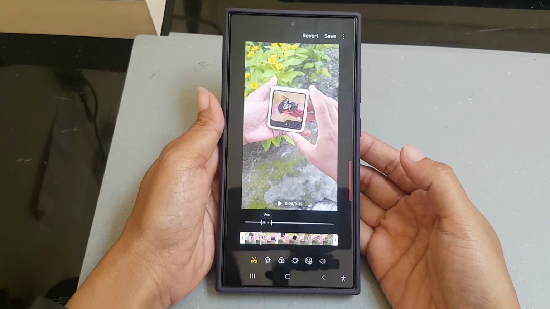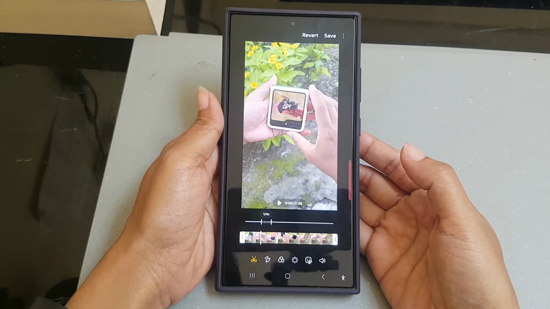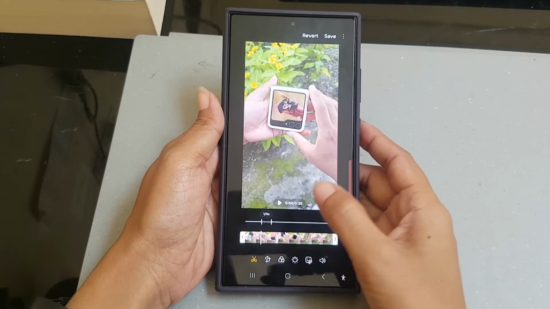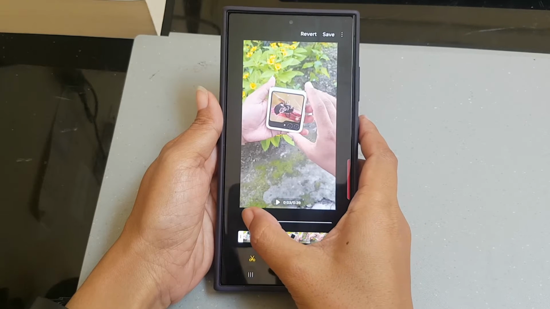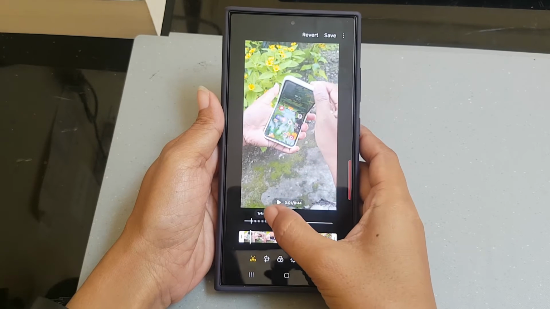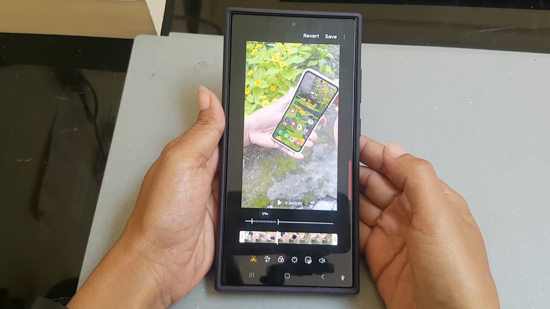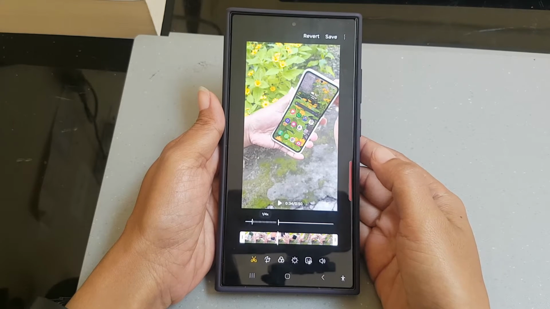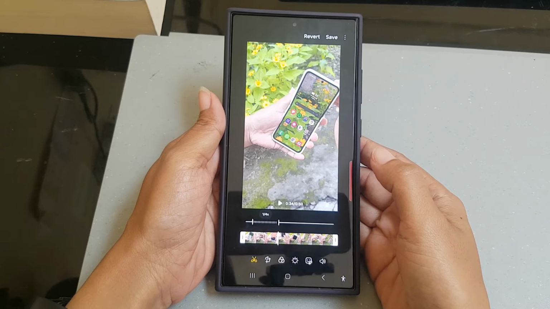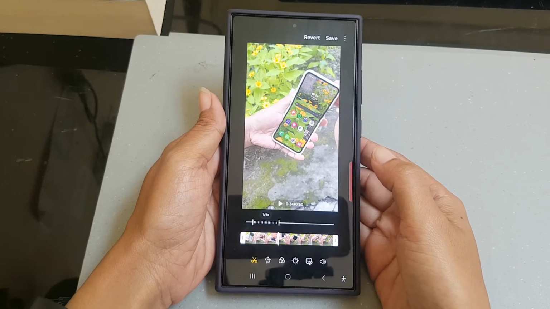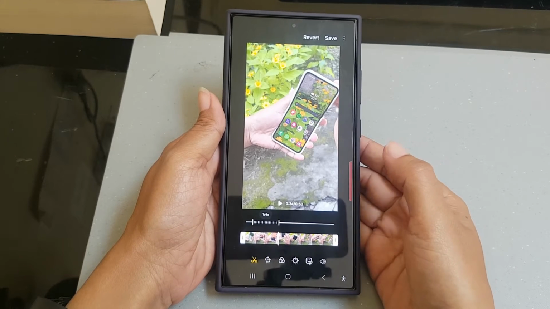If needed, you can change which part of the video you want slow motion effect to happen. To do so, you can drag the slow motion trimming first to select the desired part of the video. You always can tap the play button to preview the video to see whether it has been fit with your need or not.